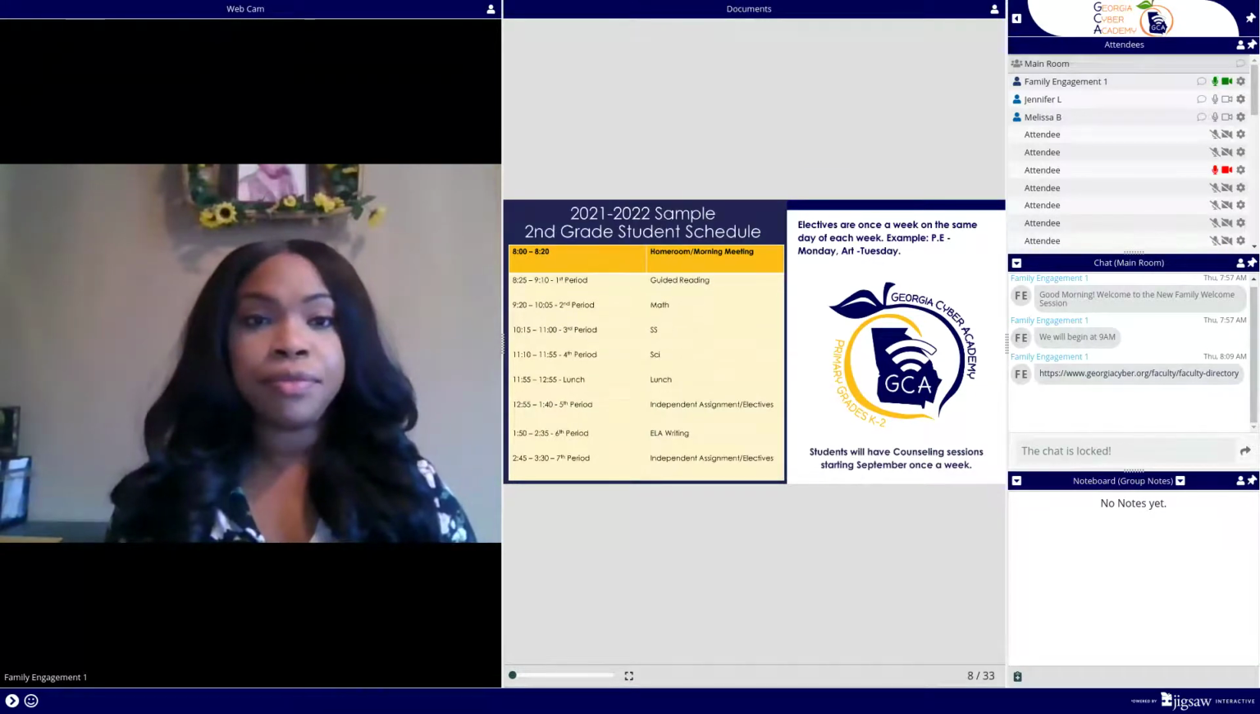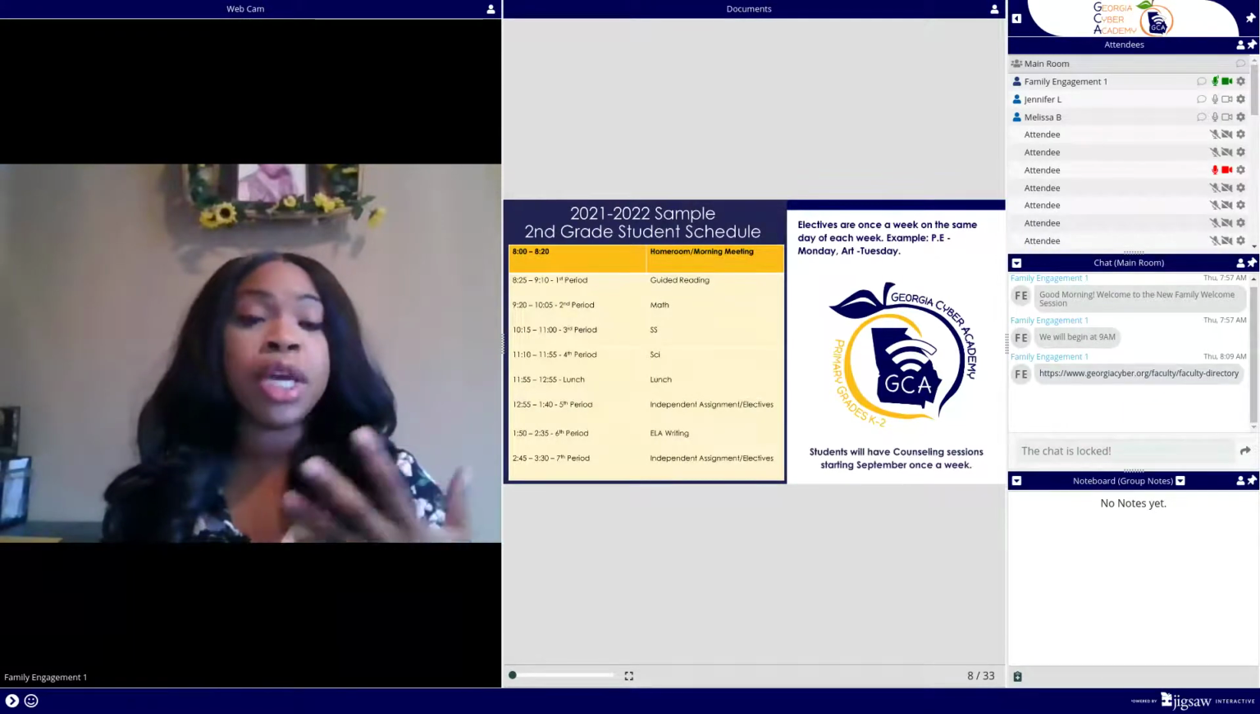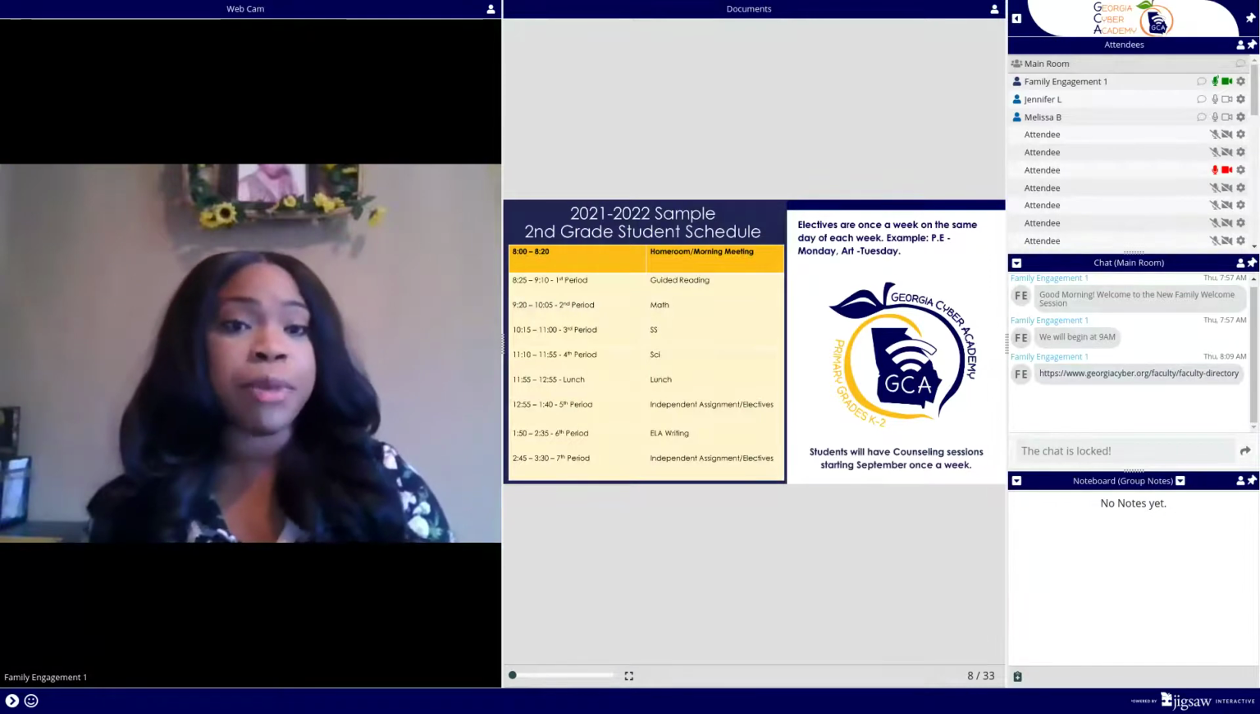This is our second grade schedule. Again, it's a sample schedule. Things may be changed up. You may not have guided reading first period. You may have it second period. So we do have 7 periods